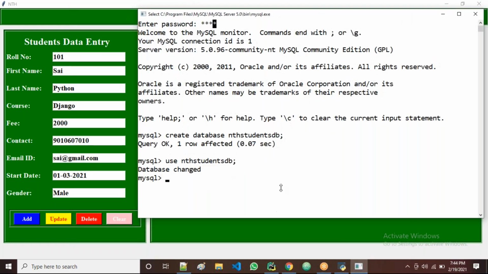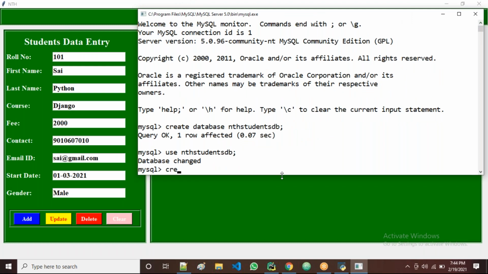Now create table. I'll take the table name, suppose NTH students info, guys. NTH students info. Okay. Now what's the first column name?